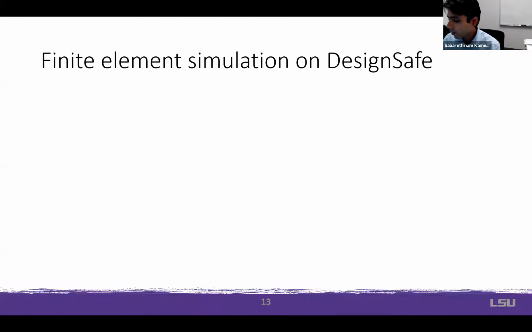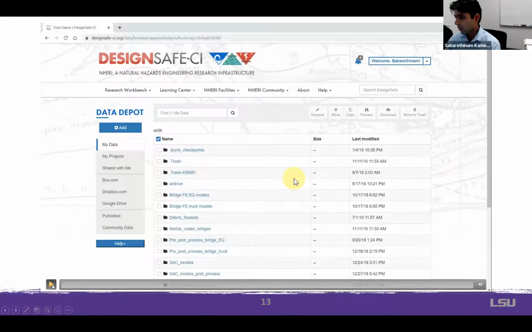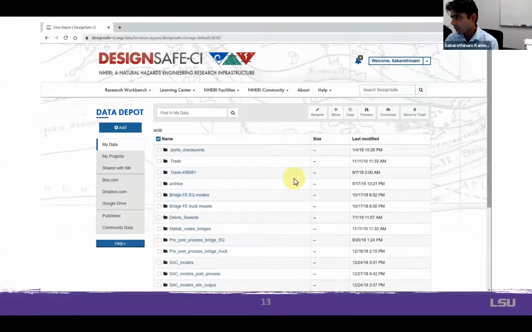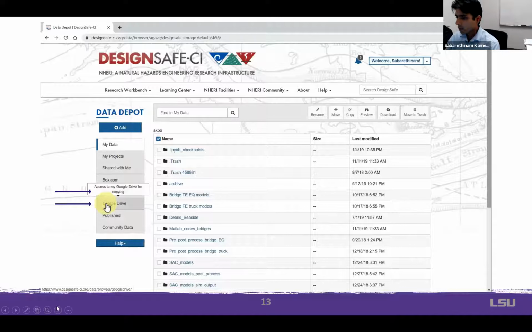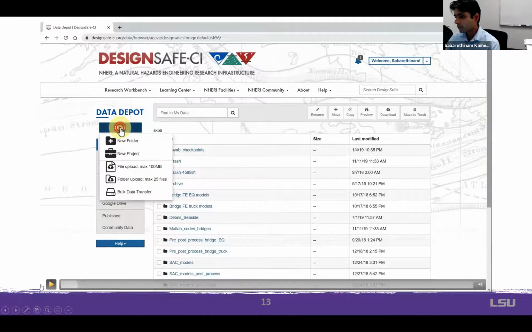So once we have all of this, we can see how we can use DesignSafe for performing finite element simulations on DesignSafe itself. In this case, we have 1,044 bridges for earthquakes. Each bridge, because we have a grillage here, takes about 6 to 7 hours. And if we have finite element models already, we can download them from